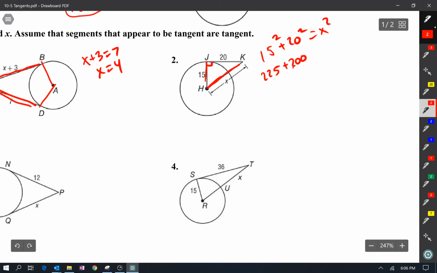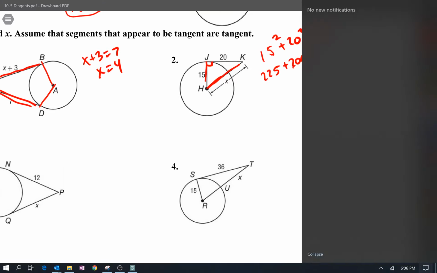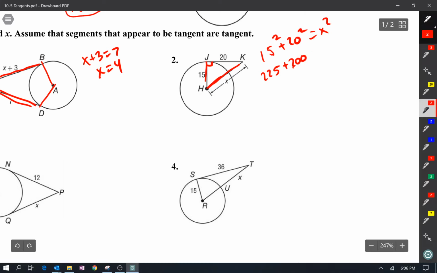I'm going to switch the side here. Can I switch the side? I could. All right, well,